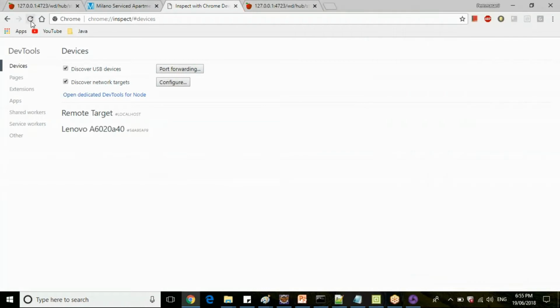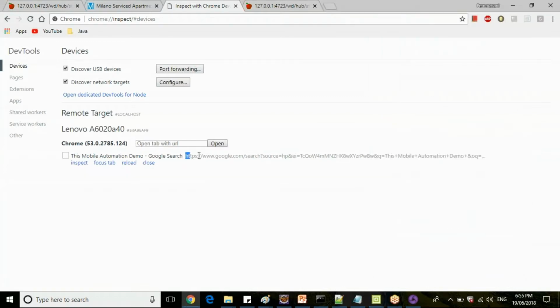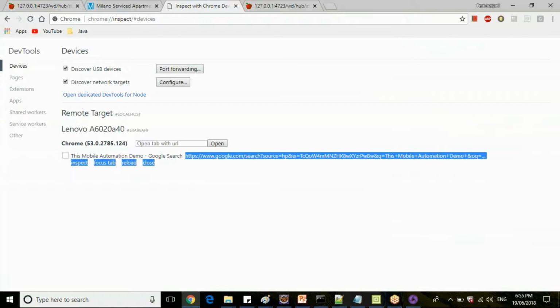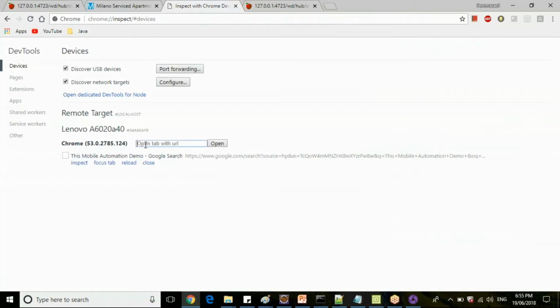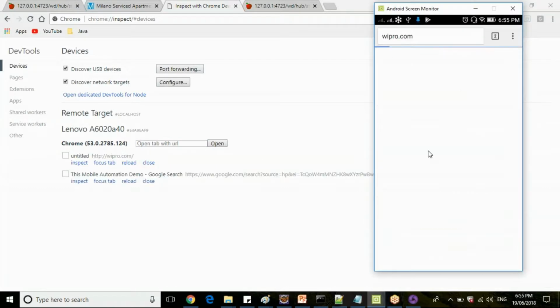If you refresh this browser, I will get a dedicated session, and it will show which URL it has launched here. Okay. So if you want to open a new URL here, just type the URL, like let's say wipro.com, and open. This should automatically push wipro.com to the mobile device.